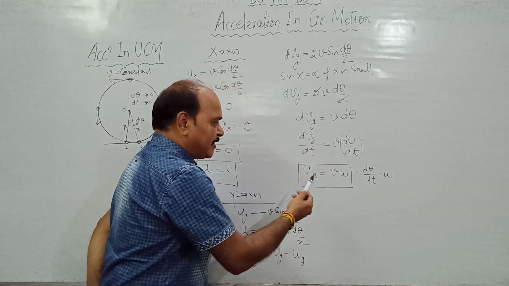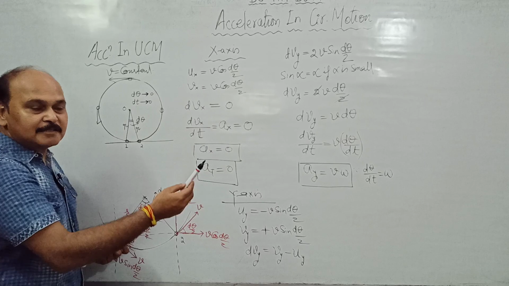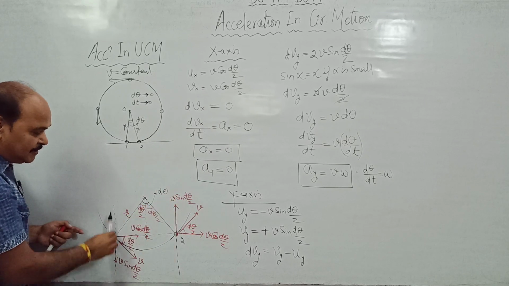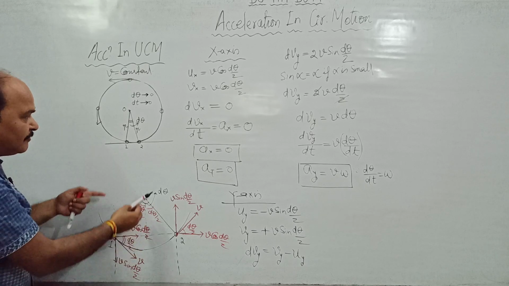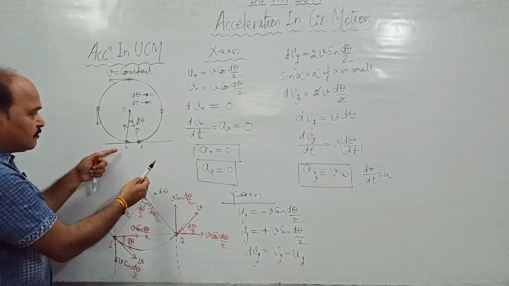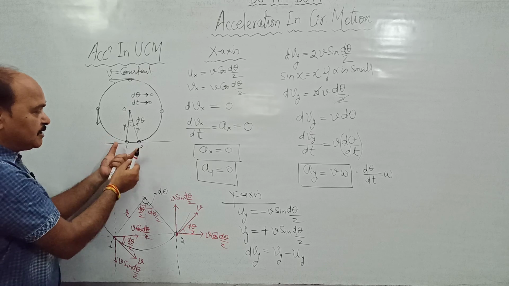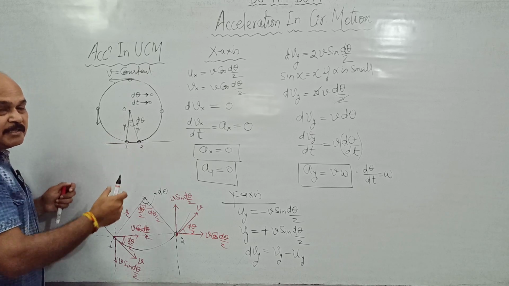Now let us again come back to the original diagram. See, this acceleration is along the y-axis. Where is the y-axis? The y-axis here is like this and the y-axis here is like this. But this is the magnified version of the actual situation. And what is the actual situation? In the actual situation, both these positions are very close to each other, so close that points 1 and 2 are two points in the neighborhood.